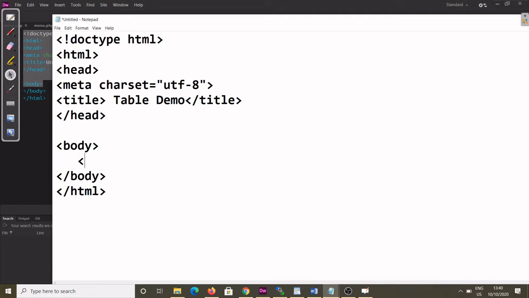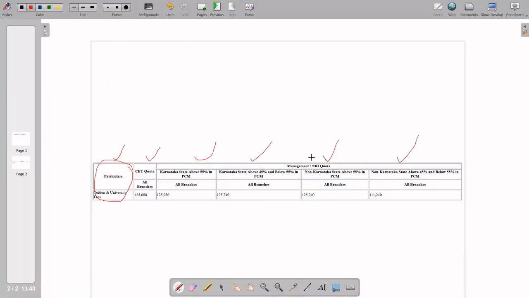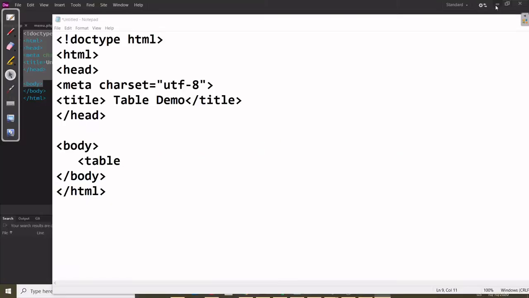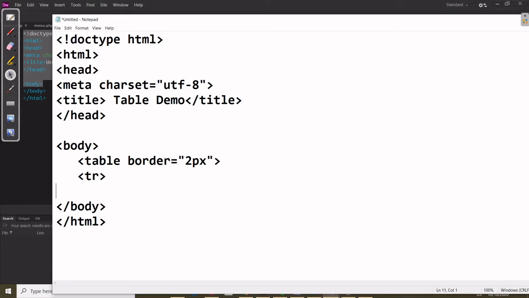Start from the table tag only, right? Along with the table we can write attributes, because here you can see in this output the border is there. So in that way you can also keep the border here. Table attribute border equal to double quote, give thickness based upon your wish, 2px I'm giving here. And height and width are auto, I'm not fixing them now. Then coming to the tr, then inside the tr, td.